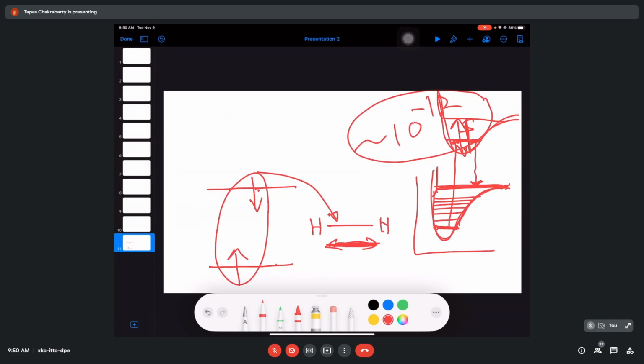But when this excited molecule is coming down to the ground state, if it drops to somewhere here, this is within this bound region of your potential energy curve. So it means that the molecule will not break. So when the molecule is coming down to the ground state, for the bond breaking process to occur, it depends on where the molecule lands. If it lands somewhere here on the ground state potential energy, the bond can break.